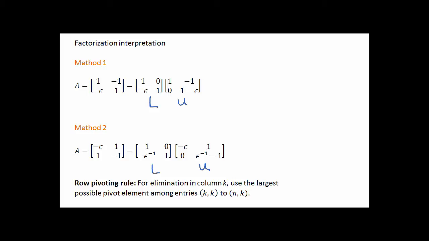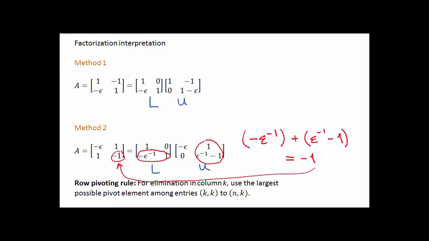Now, in order to make L times U equal A, look at what happens when we compute the 2 element. In this matrix product, if we take the inner product of that row with that column, we get minus epsilon inverse, that's a big negative number, plus 1 times epsilon inverse minus 1. And that's supposed to equal negative 1, which is the value in this corner element. So mathematically that's correct. But numerically, what happens is that you have two very large numbers with opposite signs. These numbers are nearly equal,